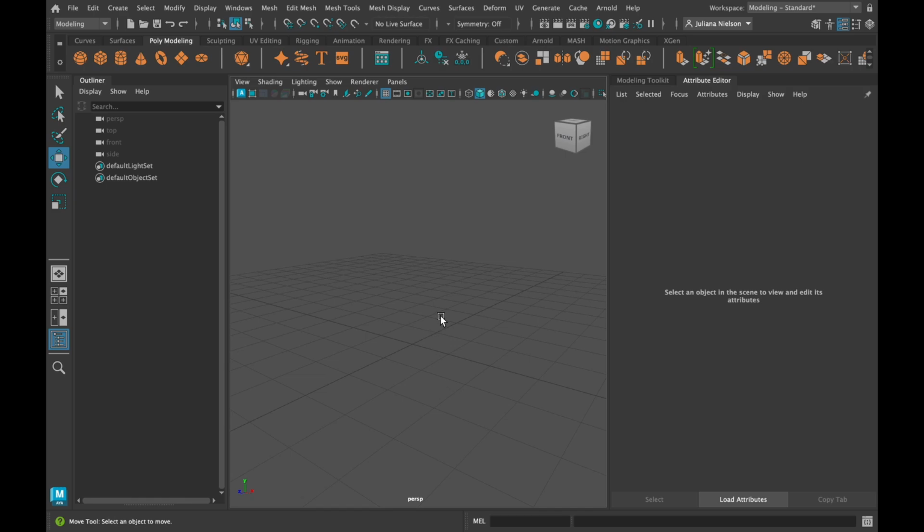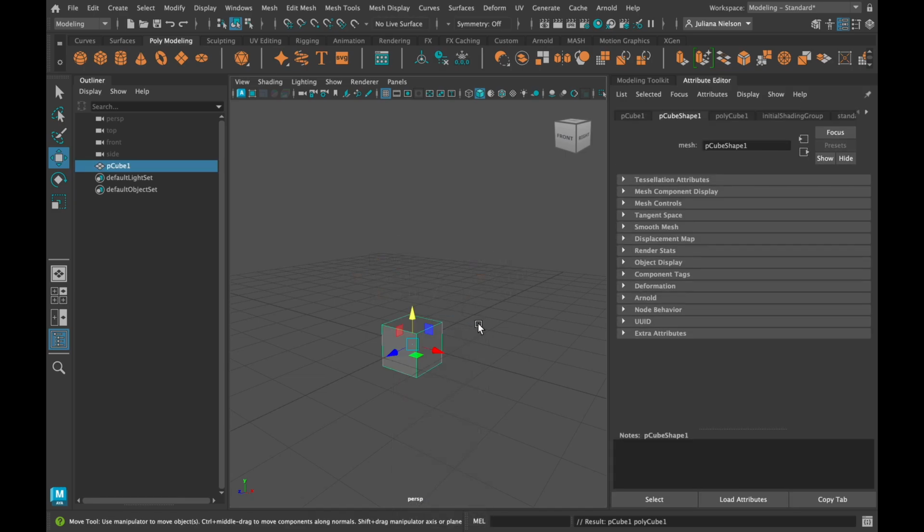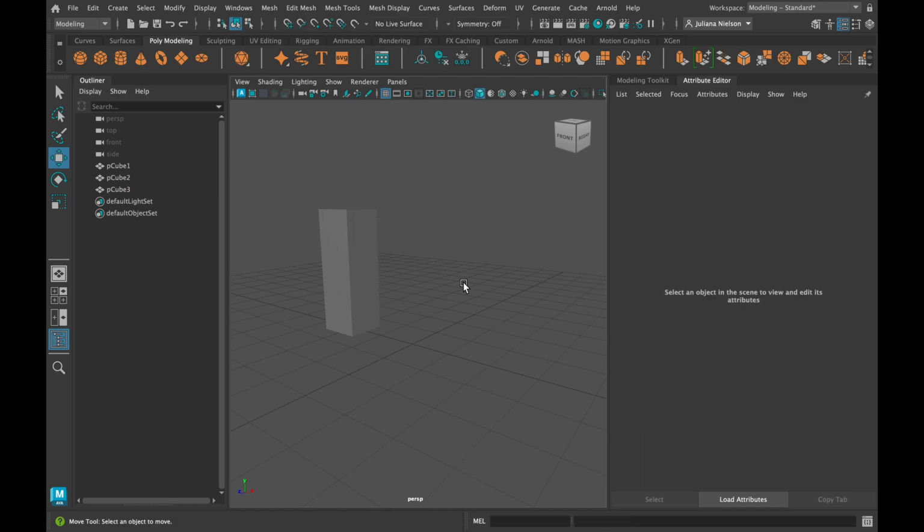Starting in Maya, I changed my scene scale to feet and then made a unit-sized cube. After moving the cube's origin point to a bottom corner, I was able to snap it to the grid and then move it out of the way. Duplicating this cube and snapping it to one unit up and then duplicating it again gives a perfect 3-foot tall